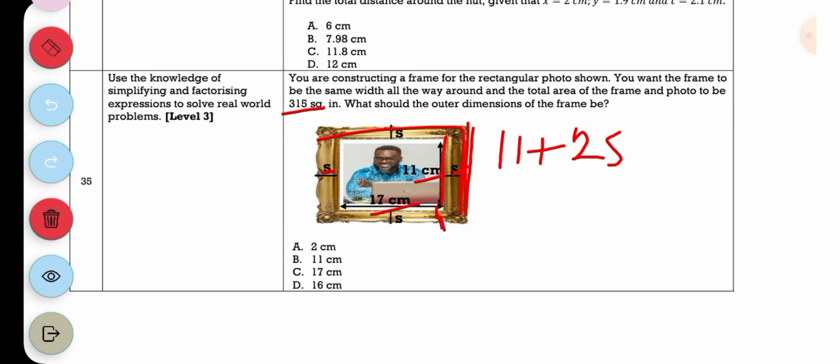So the outer frame here is also s plus s. So 11 plus 2s, close the bracket, multiplied by, open another bracket, and you do the same for this side as well. So it's also going to be 17 plus 2s equals the area in centimeters squared or square centimeters, but it's given in